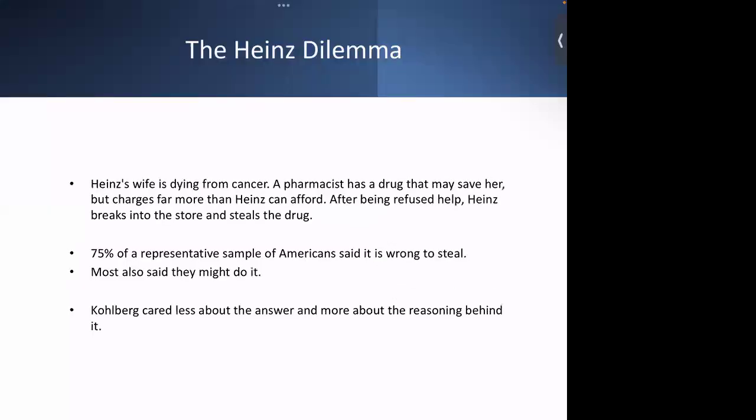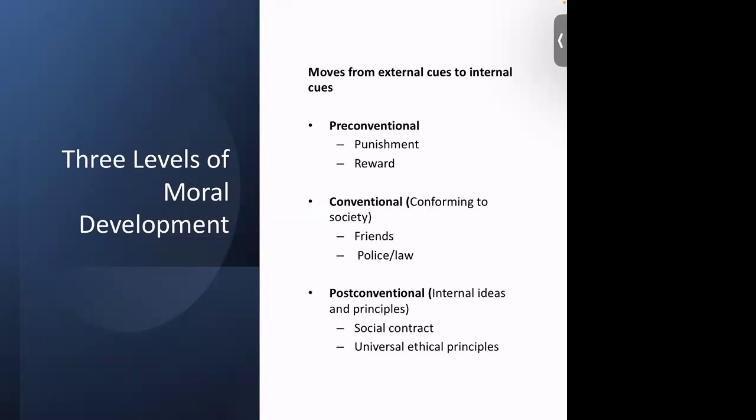Okay, so maybe before we even move on, I'll give a quick example of each one, just important. So punishment, we know, right? A child might say, I won't steal the candy because I'll get punished if I get caught. That's just a quick example. And a reward: I'll help you with your homework if you help me with mine, right? Famous phrase, you scratch my back, I'll scratch yours. So that's all in the pre-conventional stage, the P for the pickup, P, pre-conventional.